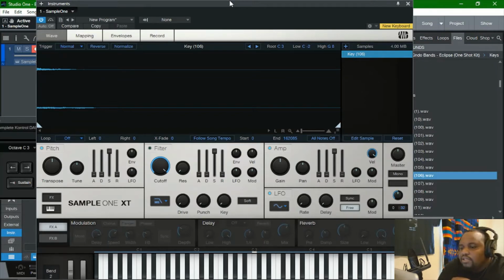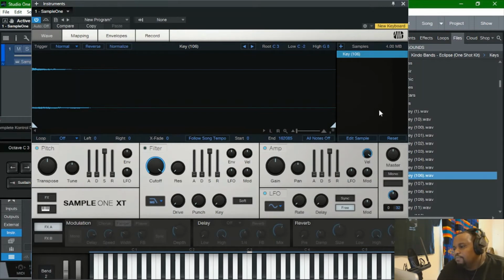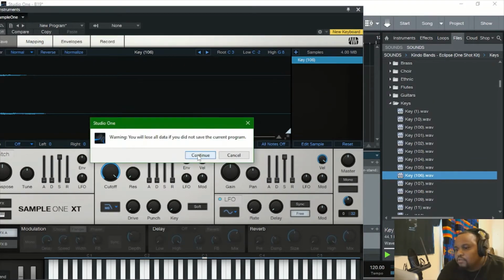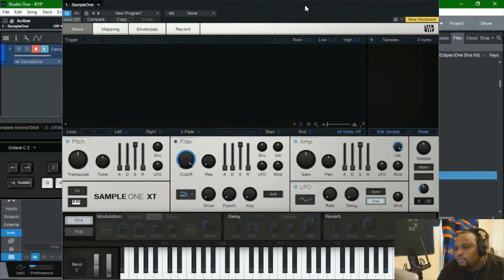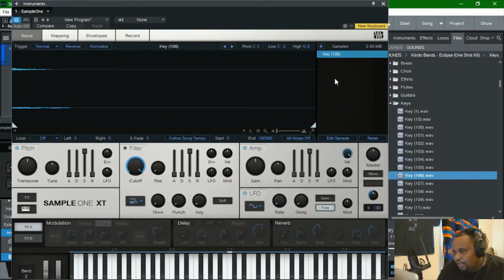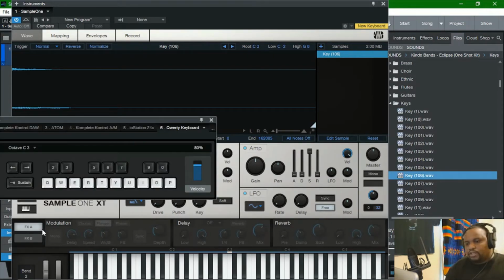Okay, so let's get started. I already pulled in a one shot right here. It's this little bell. I was kind of pre-doing that, but this is how you would get started. You just pull up an instance. I'm gonna remove this right now. You just pull up an instance, and you just drag it in, boom, just like that. And it's pretty straightforward. You hit the caps lock button to bring up your query keyboard,